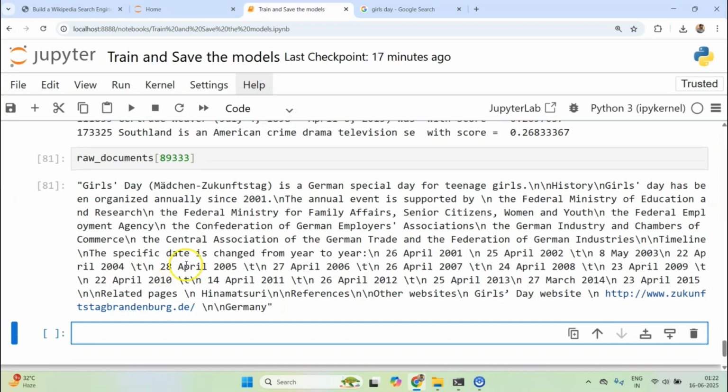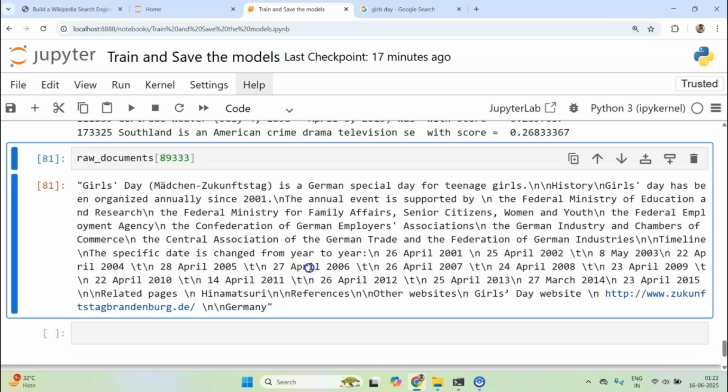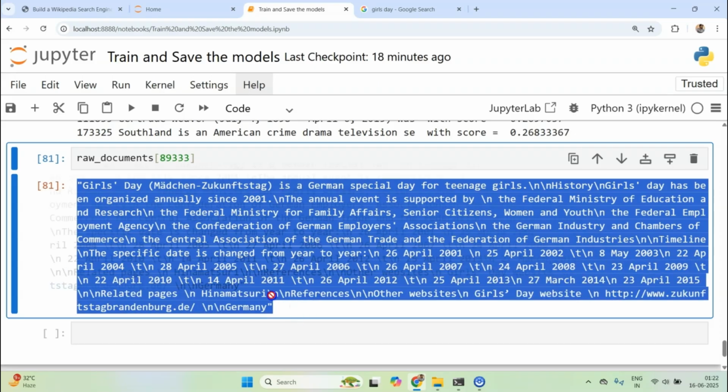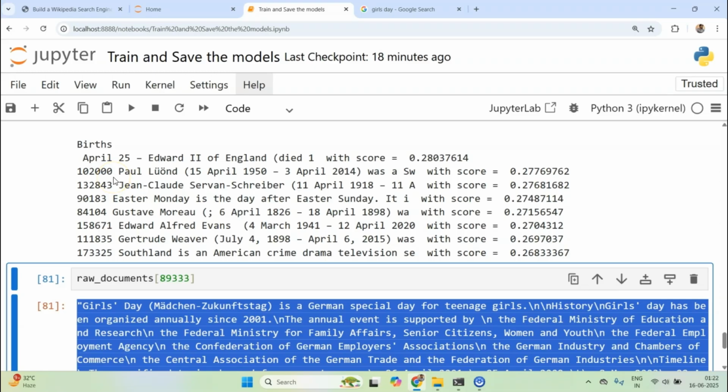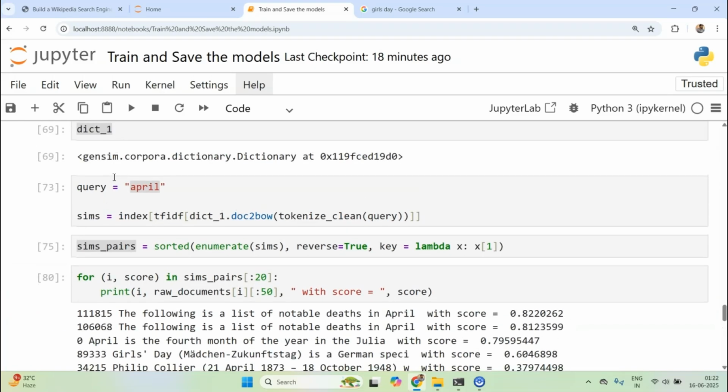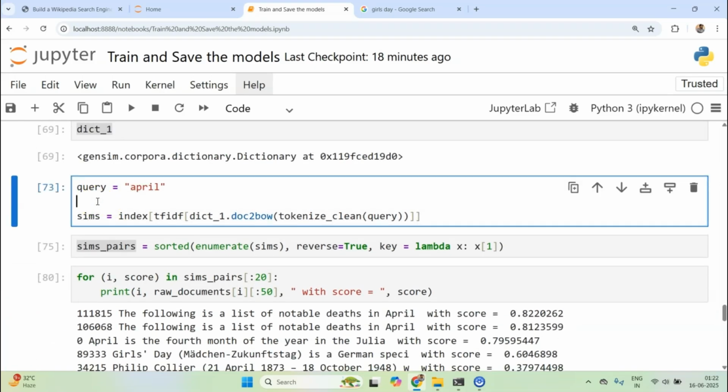Okay, yeah, so we can see it's also related to April, and that's why it is being matched with April with a high score. So in this video we have tested a searching logic using the query. In the next video we'll try to do something else to build upon this.